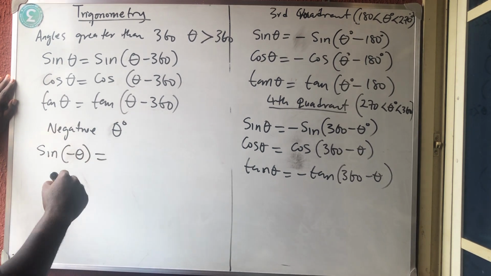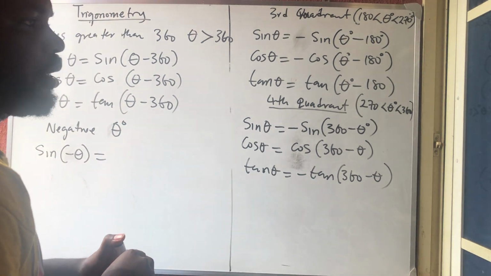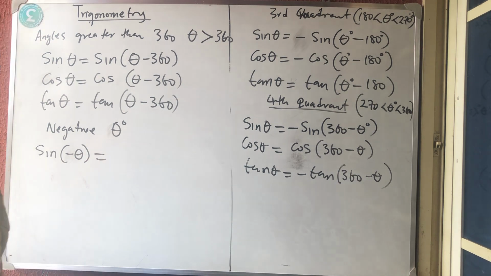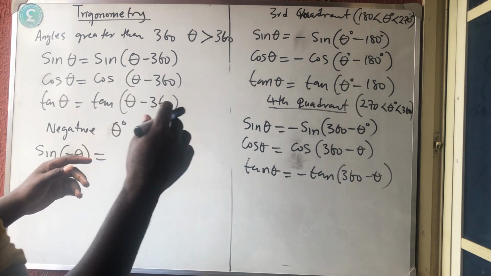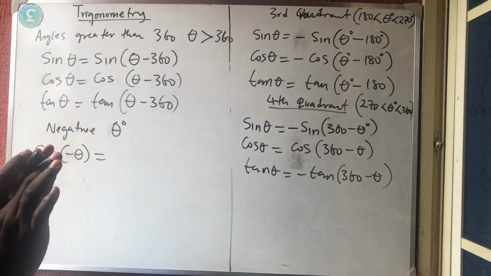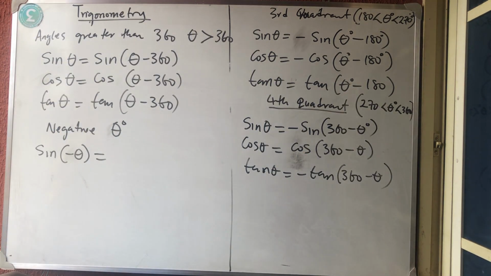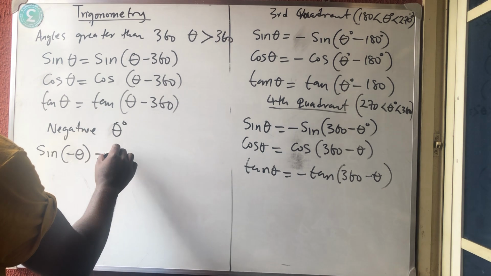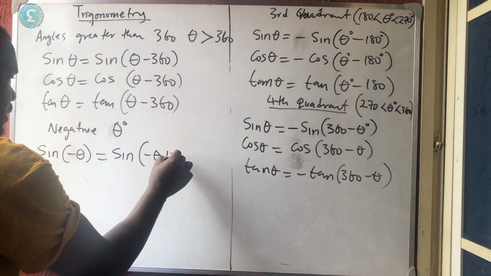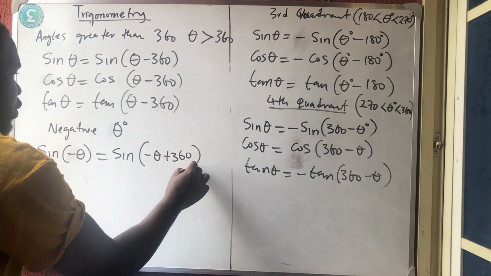Now what do you do for the minus theta? Please, you can solve it in two ways. The first way you can solve it is by adding 360. You know here we subtracted 360. Keep adding 360 until it will naturally fall into a quadrant. So here should be what? Sine of minus theta plus 360. So you will keep adding